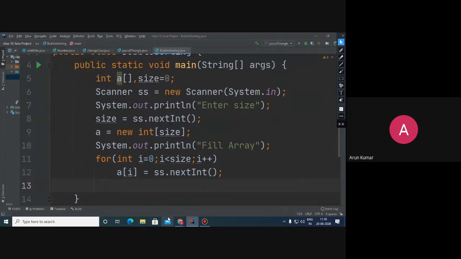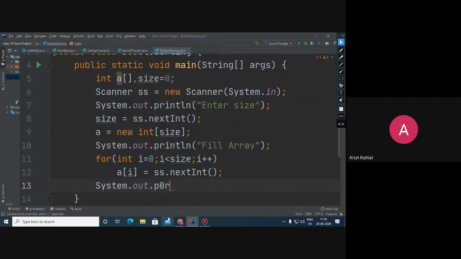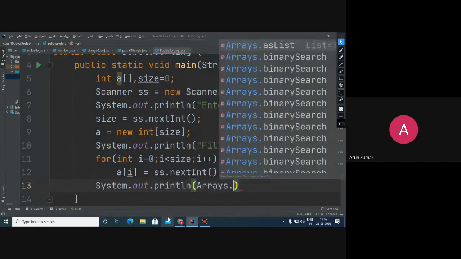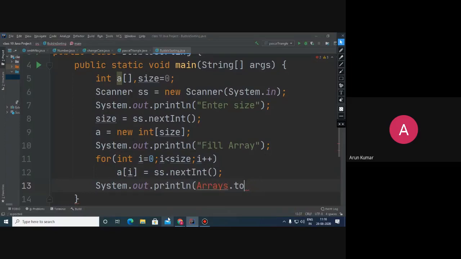So the array is filled, and now here I would like to print the array. I'm not using the loop method of printing the array rather than Arrays.toString, but I think a few must have a problem in this. So it is better to write that one.